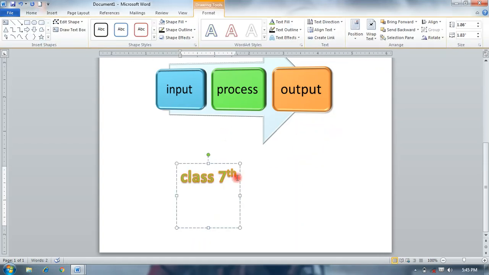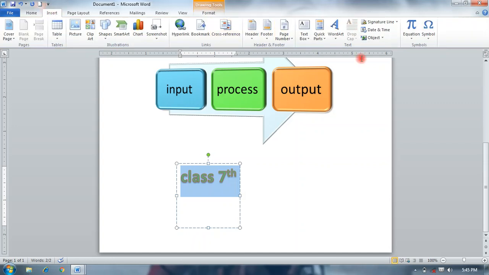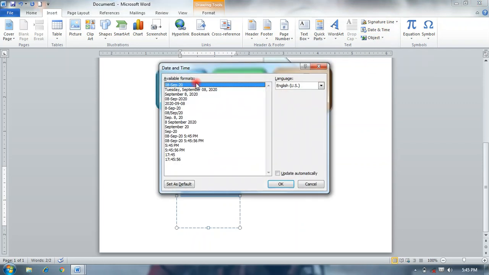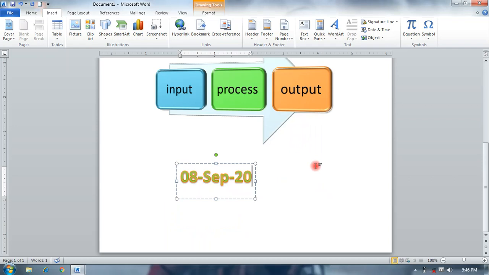So when you are working on your project or presentation, when you select your object, the drawing tools format automatically opens. Date and time inserts the current date and time of your system like that.